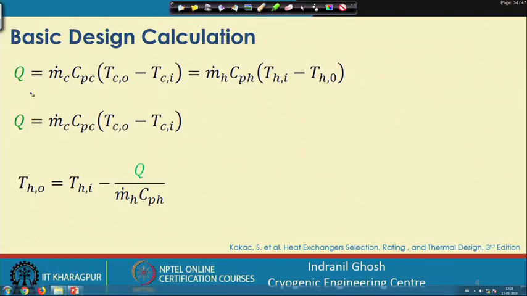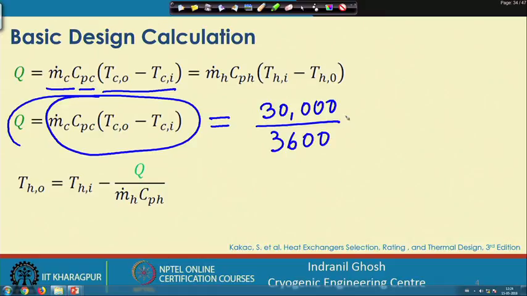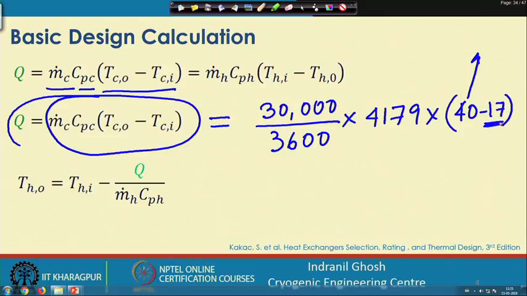So, we know that the heat transfer is the flow rate of the cold fluid, Cpc, the specific heat of the cold fluid, multiplied by the difference in temperature. If we look at all these parameters, they are known on the right hand side, so we would be able to find out the amount of heat transfer. If you calculate, this is 30,000 divided by 3600 multiplied by 4179, which is the Cp, and then you have the difference in temperature, 40 minus 17. 40 is the desired temperature and 17 is the inlet temperature of the cold fluid. So, it comes to be 801 kilowatt of heat that is going to be transferred, and this is